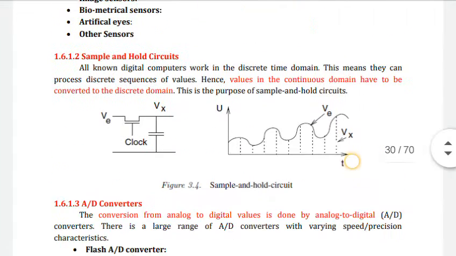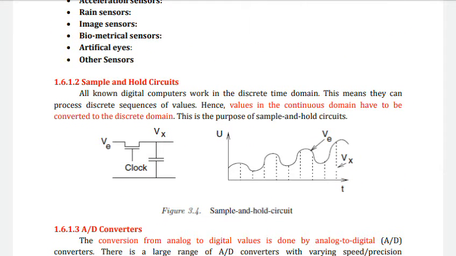Okay. The figure shows the sample and hold circuit. So the circuit consists of a clocked transistor and a capacitor, right? The transistor operates like a switch, and each time the switch is closed by the clock signal, at that time the capacitor is charged so that its voltage is practically the same as the incoming voltage V. After opening the switch again, the voltage will remain essentially unchanged until the switch is closed again.